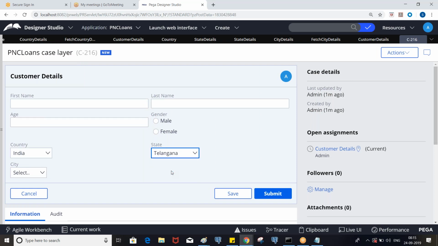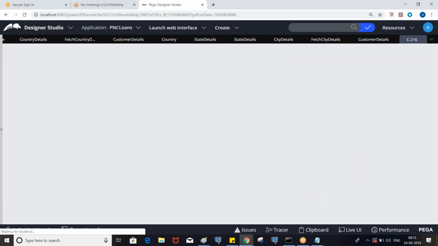So India, the corresponding states and corresponding cities.